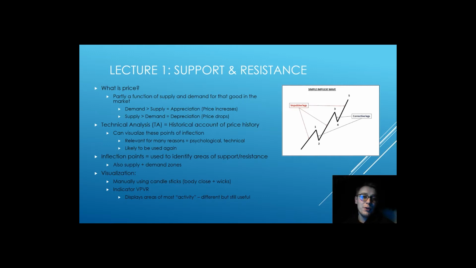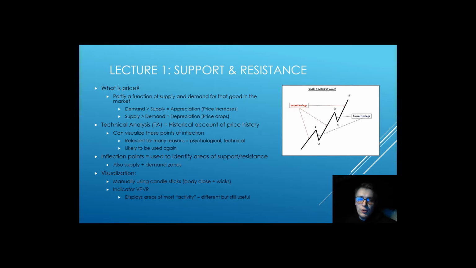And although that's a different form of analysis, a lot of psychological levels of support and resistance, a lot of the same levels are seen by a lot of the same people, meaning that it turns a little bit psychological in the sense that the masses are going to be looking at those similar levels and hopefully putting in bids or asks at those levels. So a little bit of interplay between technical analysis and psychology, or more psychology, I guess, thinking amongst the bigger